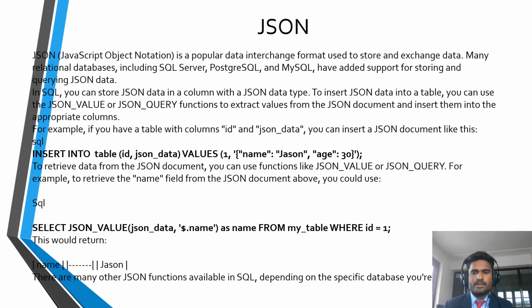Here is another special type of data, that is JSON. JSON is JavaScript Object Notation. It's a popular data interchange format used to store and exchange data. Many relational databases including SQL Server, PostgreSQL, and MySQL have added support for storing and querying JSON data. In SQL, you can store JSON data in a column with a JSON data type to store JSON object data in a table. You can use the JSON_VALUE or JSON_QUERY function to extract values from the JSON document and